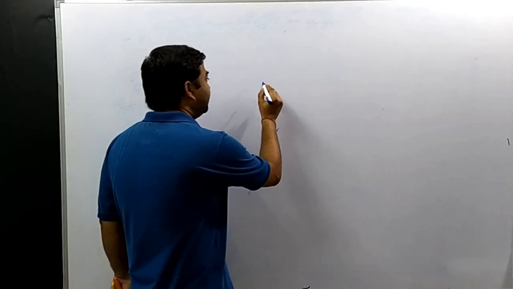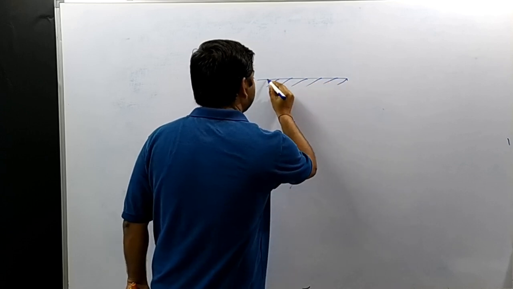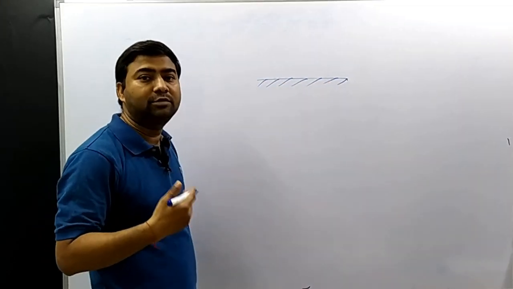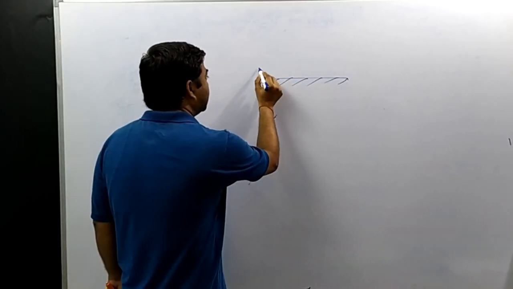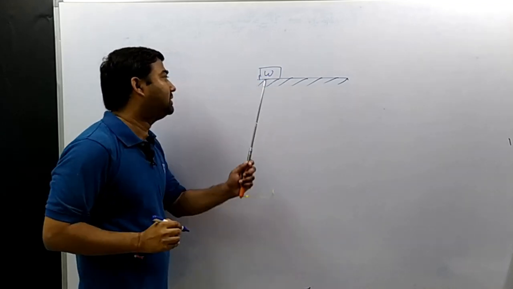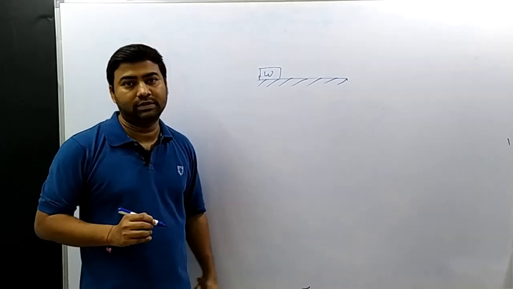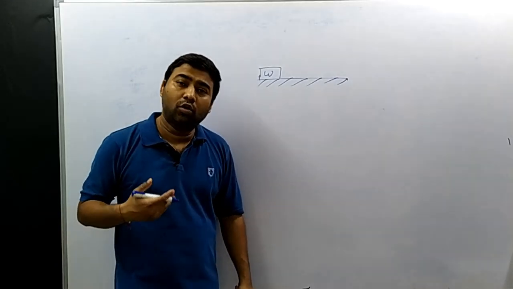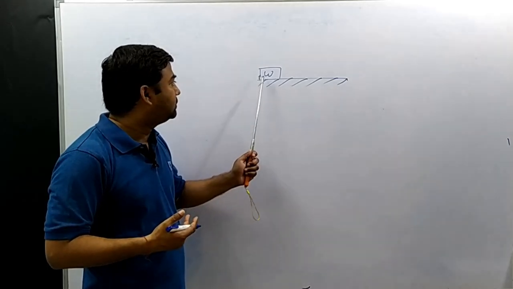Aristotle initially gave a very simple law of motion to explain forces. He said, let there be a wooden block on a plane surface. Aristotle observed by experimental method that this wooden block